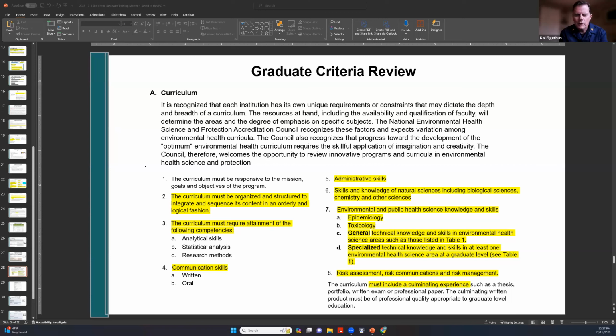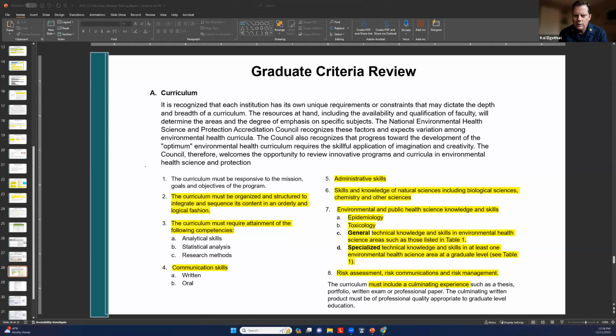And you're really looking at these broad categories in number 3 here, and in number 4. So just looking broadly at these things, and then the specific things again, you're looking across a lot of different things, and then of course the culminating experience. We want to make sure, and I have to be careful here because we've been more specific on this in the new guidelines, but for these guidelines,